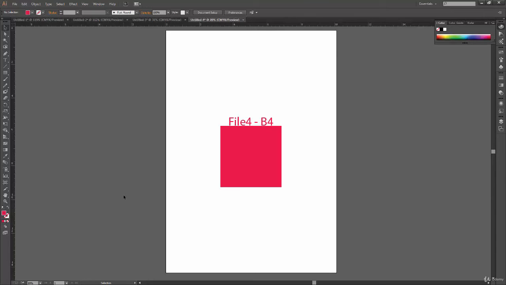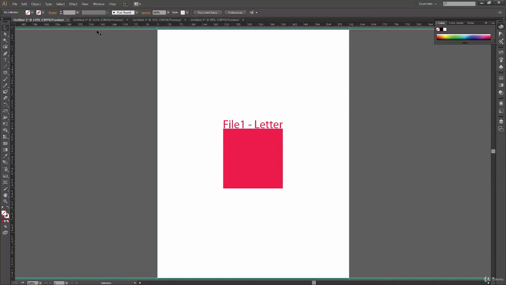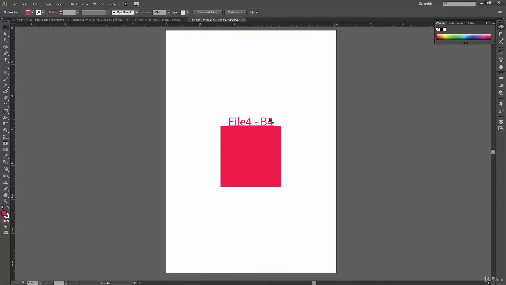But you should note that the ruler here is showing only 10 units, and on the vertical bar it is showing 14 units. But when I go to file 1, it says 612 units by 792 units. If you compare by size, or by number, this file should be bigger than this one. But we have to note that this is in inches, it's not pixels.